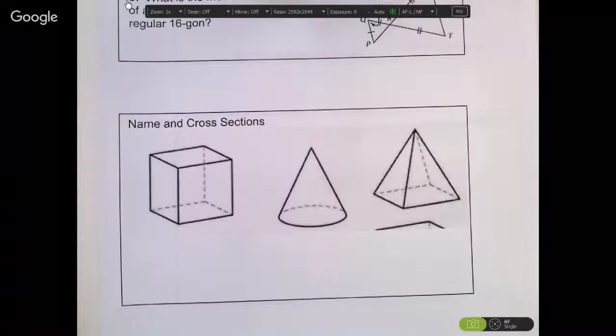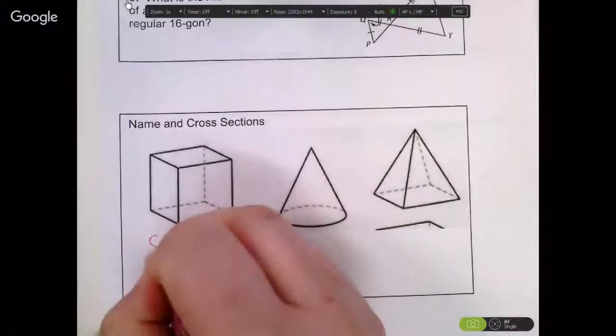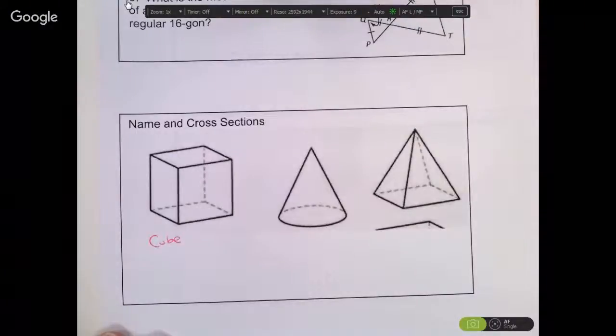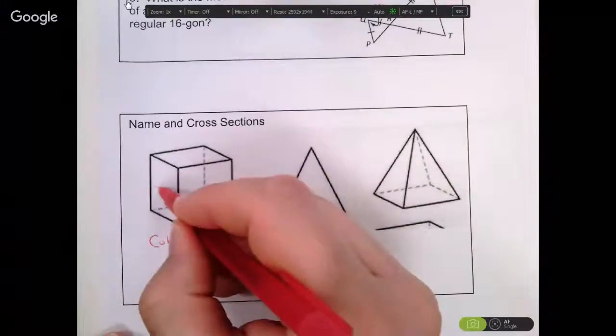Okay. So, yeah, let's go ahead and just call it a cube. Cross section means if I take a knife and I cut this thing, what am I going to see? Now, it depends on how you cut it. If I ever cut something parallel to its base, then it's the same shape. So if I were to cut this thing parallel to its base,